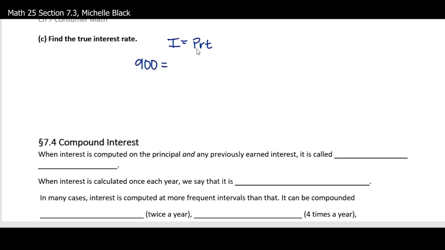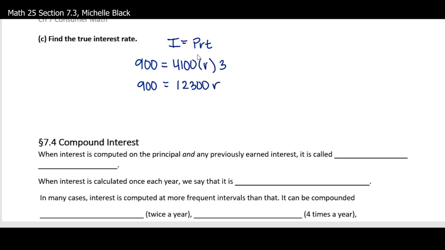But the actual amount of money that she was given was only $4,100, not $5,000. So we want to figure out what interest rate that is to get $4,100 for 3 years and having interest of $900. Multiplying the 4,100 and the 3 gives us